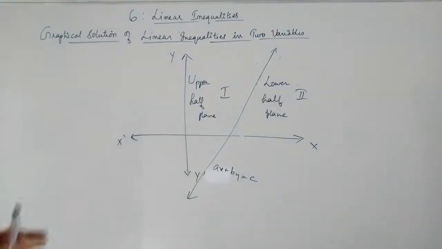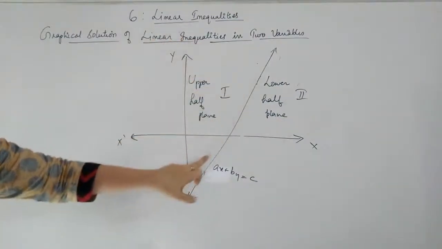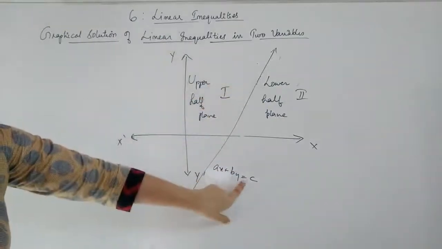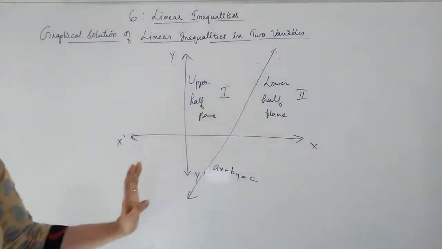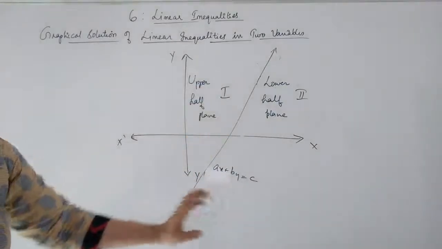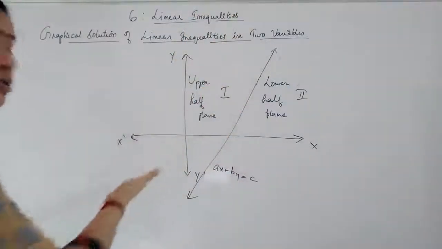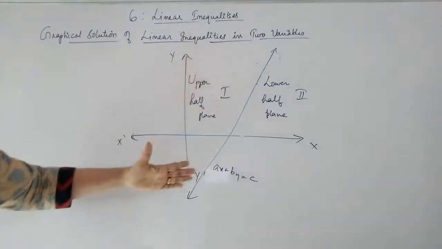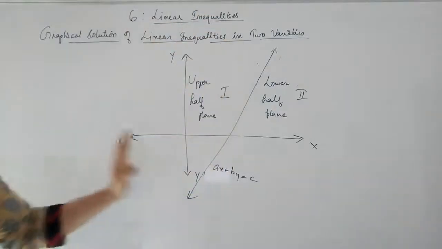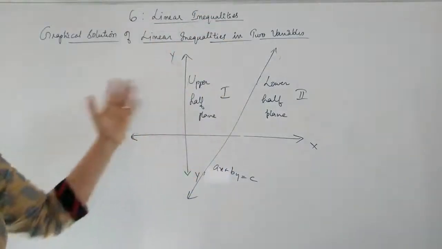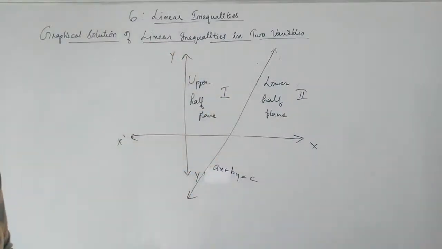So what we understood is, suppose we are just talking about a linear equation in two variables, you will get a straight line. Whatever will be the value of a, b, c, you are getting a straight line. It can be vertical, horizontal, or passing through the origin, or a non-vertical line. For all the cases, the total plane is divided into two half planes. If it is vertical, it will be left and right, or it can be upper and lower in the other case when it is non-vertical.